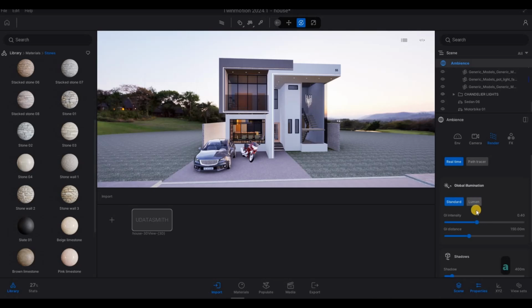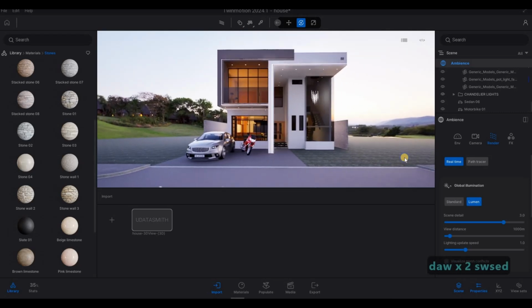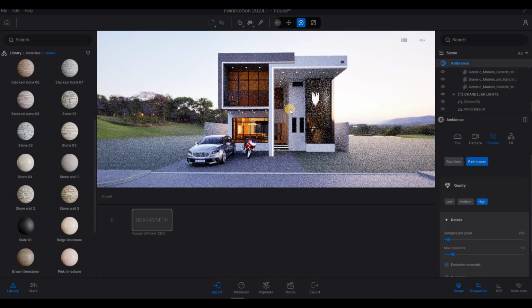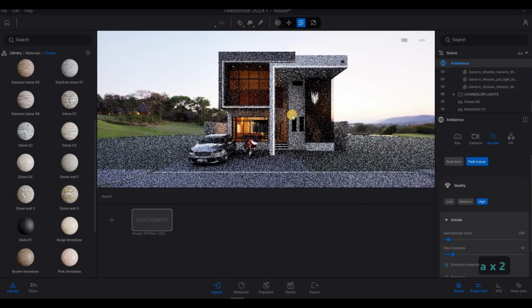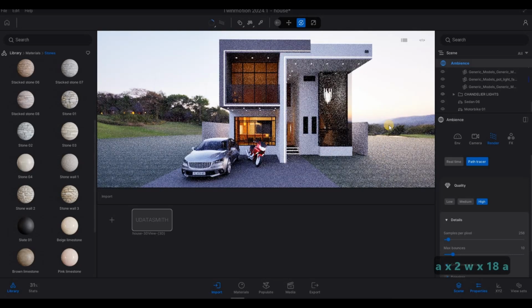Lumen, to see how everything bounces in terms of the lights, and then path tracer again. Of course, you can increase this and the bounce. You see, that looks very clean,